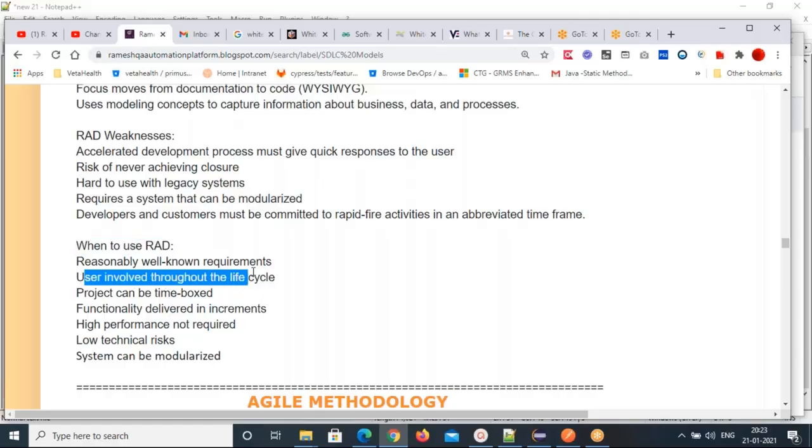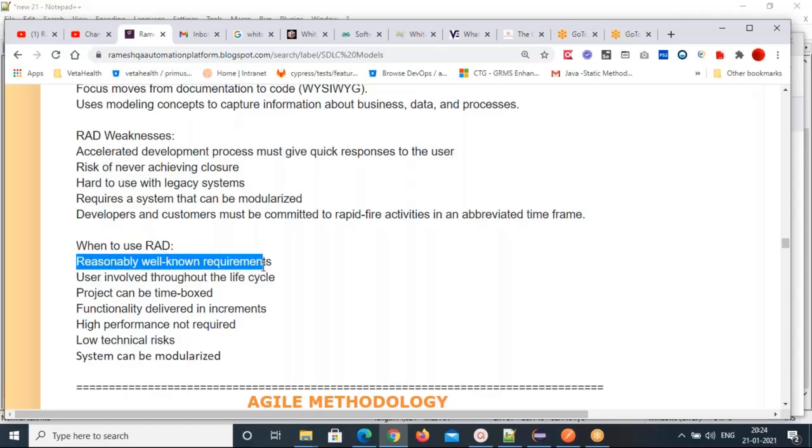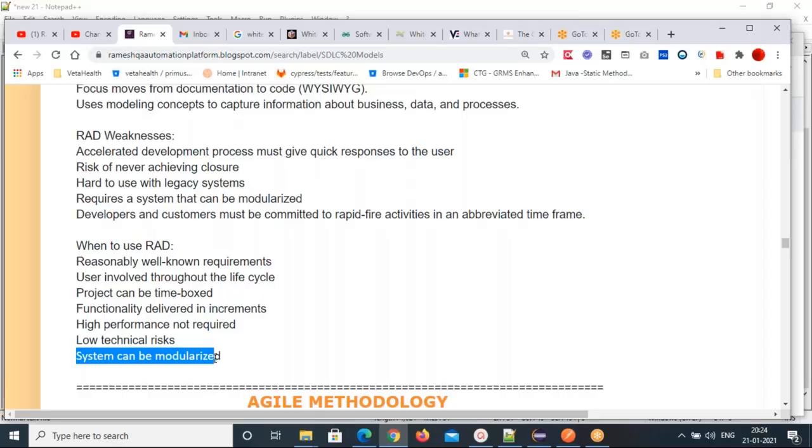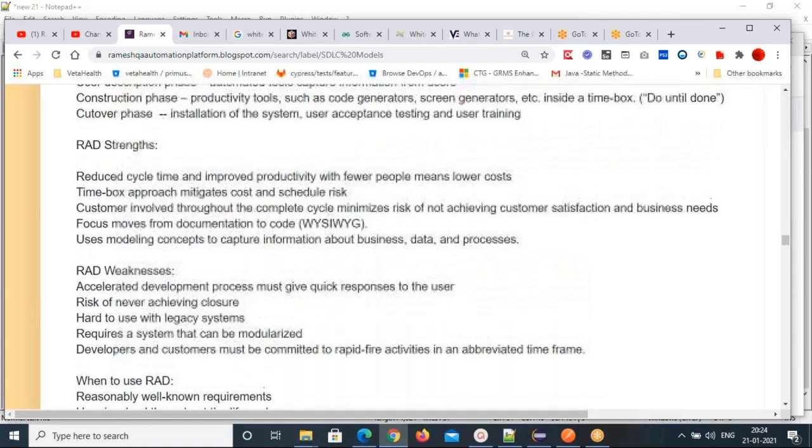If you know all the requirements reasonably, then you can use it. If the project can be time boxed, meaning within a span of time you want to develop the project, then you can go for this. Functionality delivered in increments, high performance not required, low technical risks. The system can be modularized, meaning split into different modules. In those cases you can go for this rapid application development model.